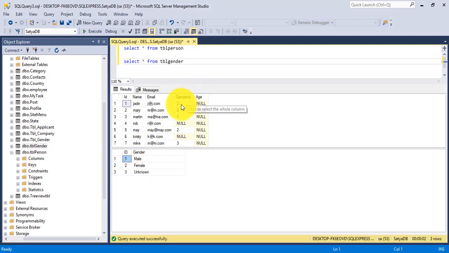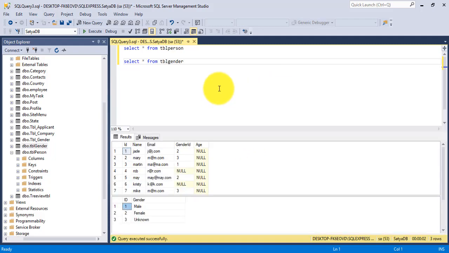In gender id, the values should be based only on the values in the tbl gender table. The same values should be inside the gender id column of tbl person, which references the foreign key, and null is the default value. If tbl person allows inserting any other value beyond 1, 2, 3 of tbl gender and the default null, it throws an exception. So I'll tell you how it is possible.